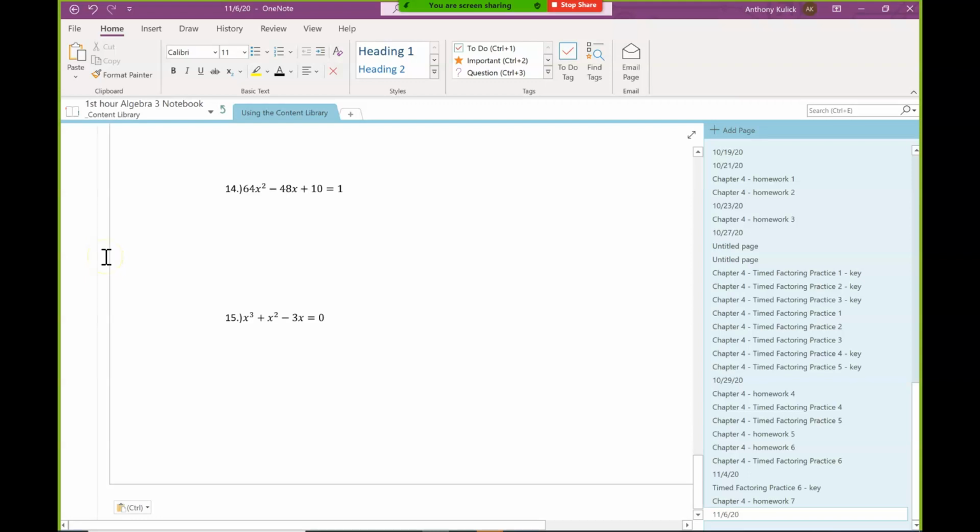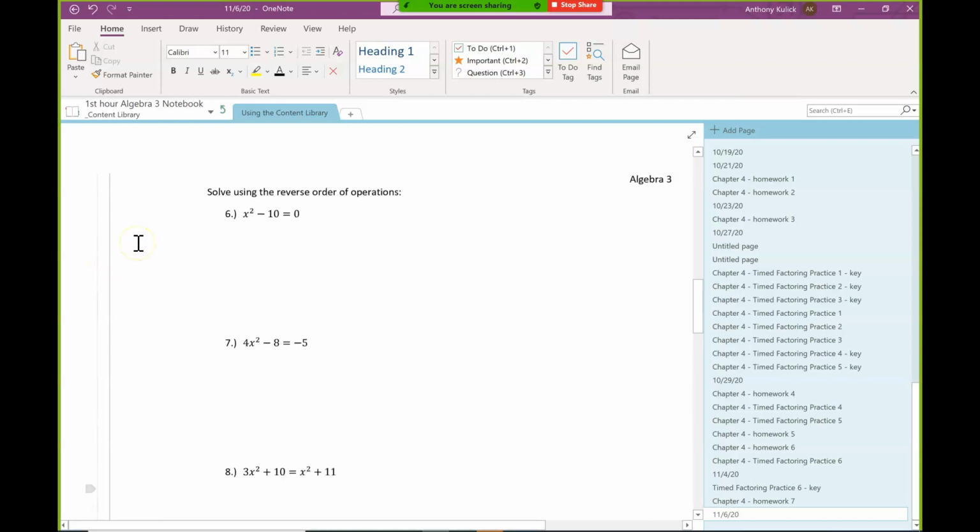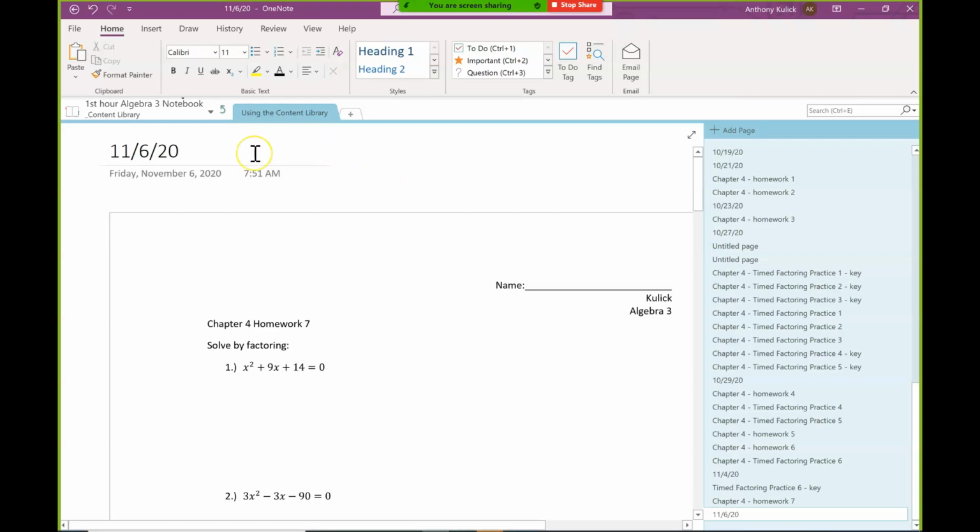We'll start with those, and then we'll do another little timed factoring practice, as has become kind of our standard procedure here. And then we'll continue talking about solving a little bit and kind of complete that topic. And that'll probably be it for the day. Okie dokie. It's a big completion, though. We got a lot of stuff to do to wrap that up, but that's the plan. But right now, we're looking at homework 7